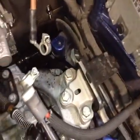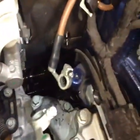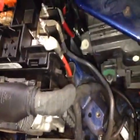So I had removed quite a few pieces here in order to visually inspect the harness going from the fuse panel down to the power steering control module, or steering rack as you call it. What I found was that the harness appears to be okay. When I tested the fuse that actually supplies power to the control module and steering rack,